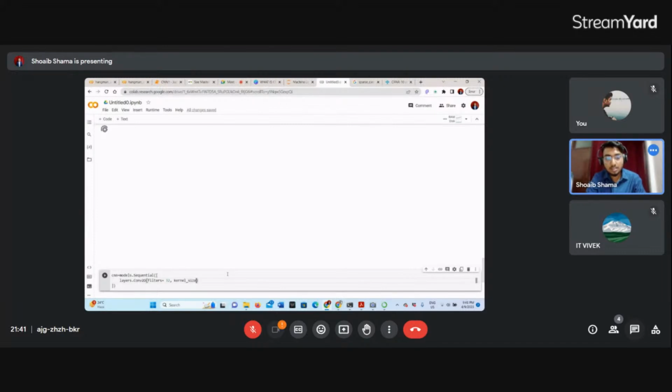Kernel size, let's take kernel size to be 3 cross 3. You can take any size, but 3 cross 3 is the preferred one. And activation function, you can just add relu.